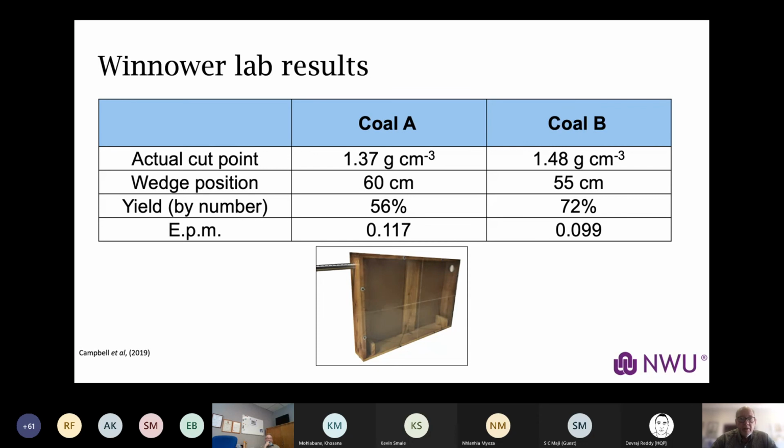What we did here, these are results of 1-by-1 pieces of coal that we put into this one, so it's by far not commercial yet, but it just shows the degree of control we have over this. We can set the cut point at fairly low, fairly high. That's quite nice by just changing at the bottom. There are wedges, and by moving the wedges around, you can catch either the low or the high. You can differentiate between the low and the high density. And by predicting where the wedges must be, we can actually